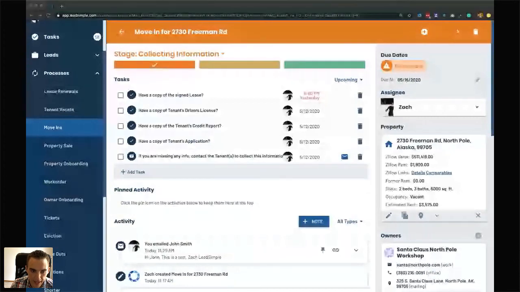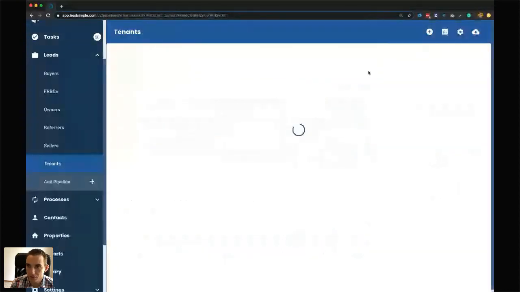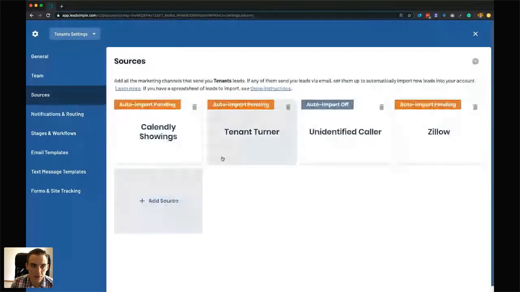right, so how can I add leads to LeadSimple from tenants that schedule showings with Tenant Turner? Okay, so you can actually do that via our automatic sources. So we come up here to settings, and under sources, very similar to owners, basically any platform that sends you an email notification can be set up as an automatic